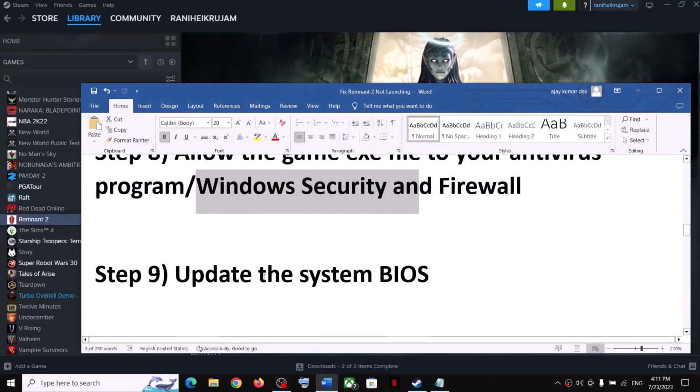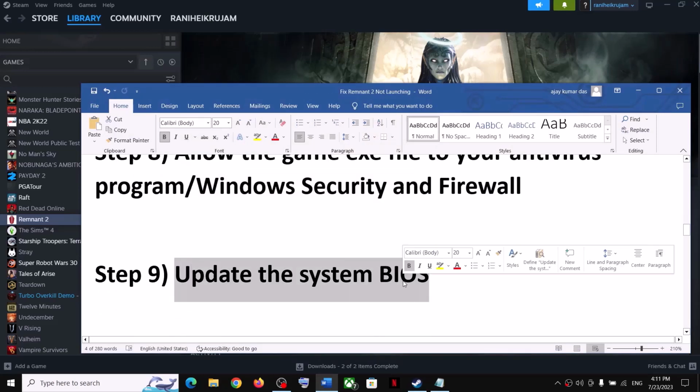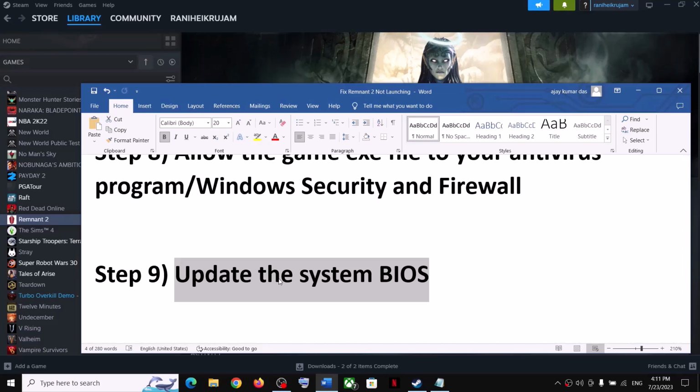Now the next step is to update the system BIOS. Now this has also worked for many players, so you can try this. Go to a system manufacturer website. So if you have a Dell computer, go to Dell website. If you have Lenovo computer, go to Lenovo website. If you have HP computer, go to HP website. So go to a system manufacturer website, select your model number, select your computer, and then find the latest BIOS